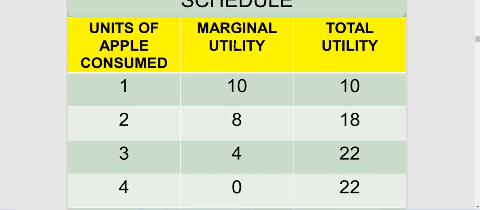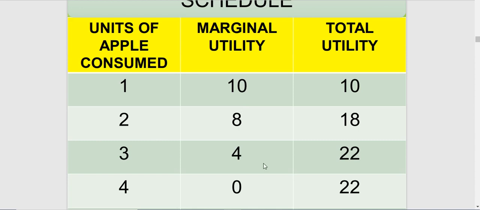We have the concept of marginal utility and total utility both in this schedule. As the consumer is consuming the first apple, the marginal utility is equal to total utility. He is consuming the first unit of the apple and he gets 10 units of satisfaction, which is also equal to 10 utils. The second apple consumed by him gives him a little lesser satisfaction, that is 8 units or 8 utils. And when we add up the 8 utils to the 10, we get the total utility as 18.